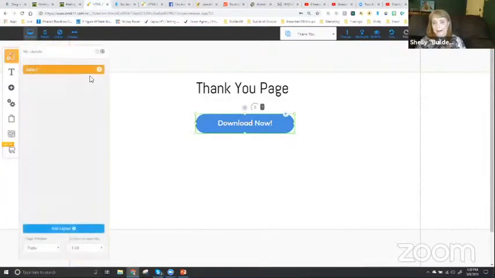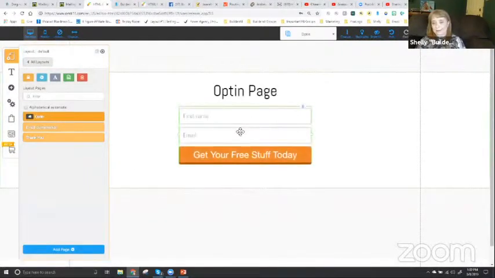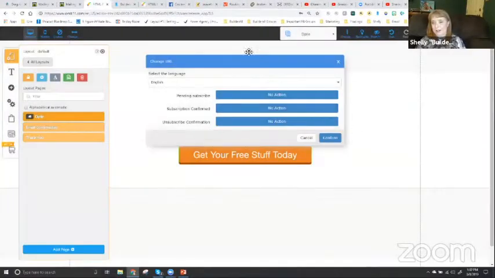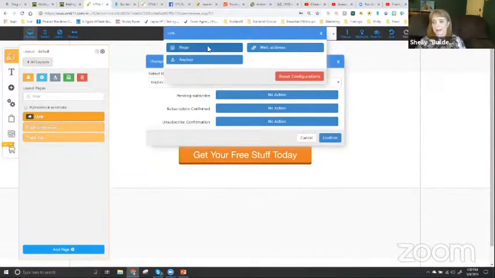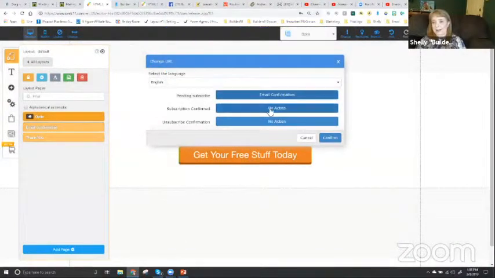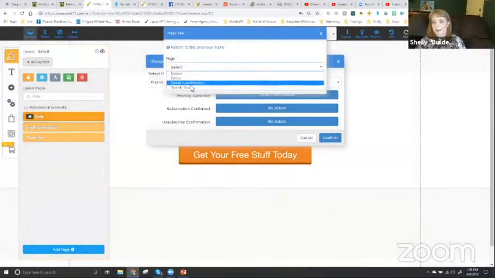So I'm going to go back to my opt-in form, and I'll right-click it, and I'll go to Change URL. And it's changed all my actions. Sometimes it does really weird stuff like that. So I'm just going to go to here and page. And this one was my email confirmation page. Change this one here and page. And this one is my,